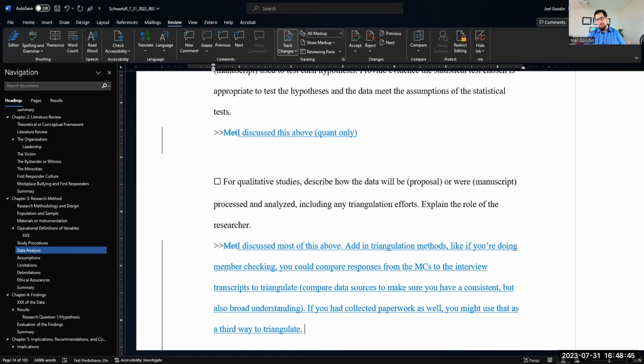And then she could say, well, they're saying they're doing it in their interviews, but some of their paperwork did not seem to align with that, so